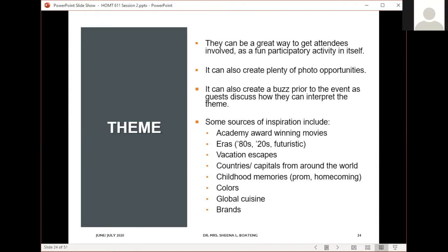Oh, please. You haven't? Yes, madam. Haven't you gone to a wedding where they have said that the colors of the wedding are pink and gold? Oh, okay, yes. That's an example of a theme. Okay, so we are saying that when you put a theme to your event, it becomes a great way for